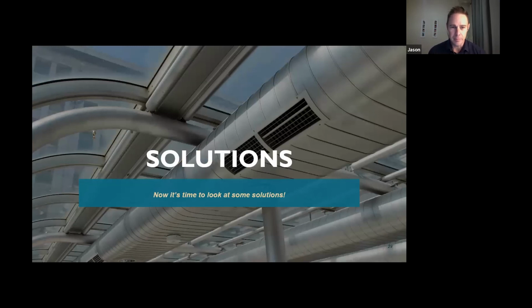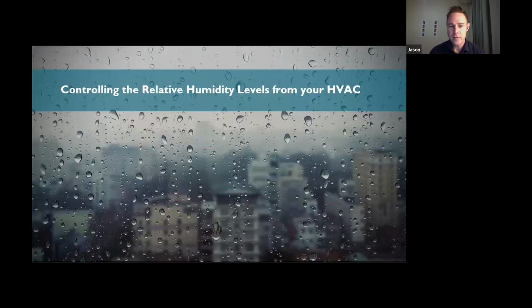So the first step, controlling the relative humidity levels from your HVAC. The easiest way to maintain a hygienic internal environment is to control the amount of relative humidity that's incorporated through